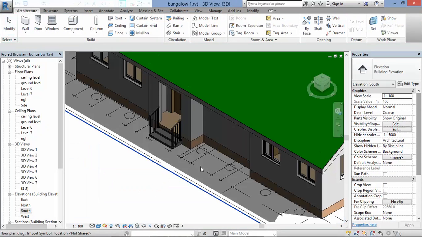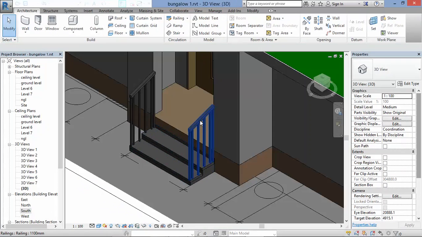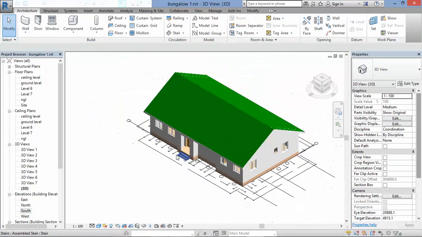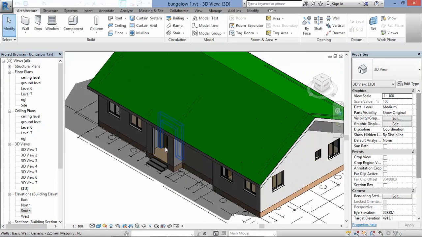Let's go to our elevation. I don't need this. So that is our steps. So do your own up to this level. Then in the next class